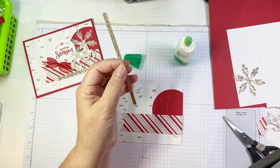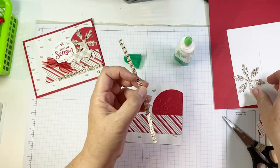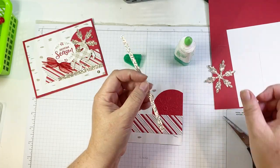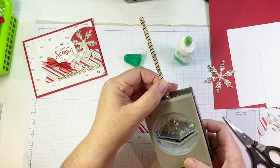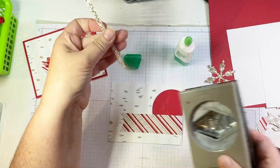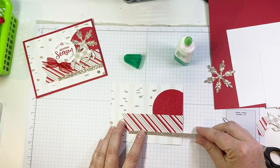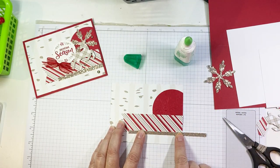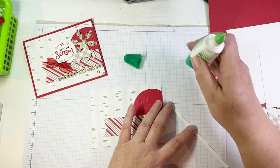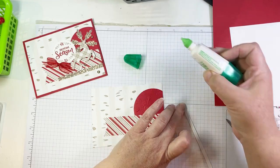All right, then I have just a little 1/4 inch strip. So this paper is so blingy and sparkly, you don't need a ton of it, right? Which 8 sheets in a pack is a lot. Like you're gonna get a lot of mileage out of it. So I'm just, again, creating a little banner end, and I'm going to add it just along the bottom edge of my little candy cane stripe DSP piece. So we'll add a little bit of glue there